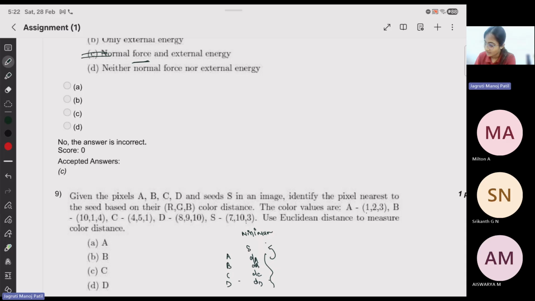So how you do it is that your seed minus, let's say, any coordinate whole square, plus your seed minus the other y square, plus your seed minus z whole square. You see the distance for all, from A to S, B to S, C to S, and D to S. So if you do it for all,